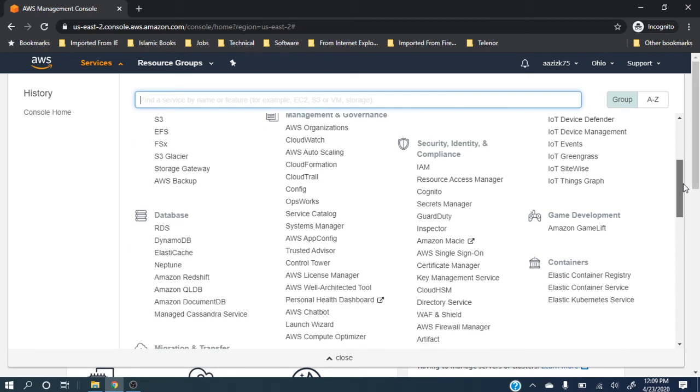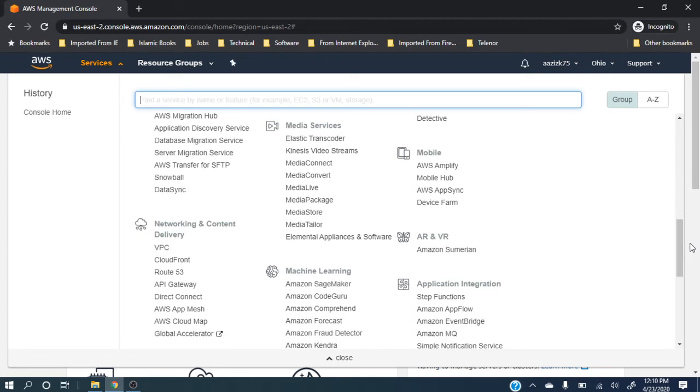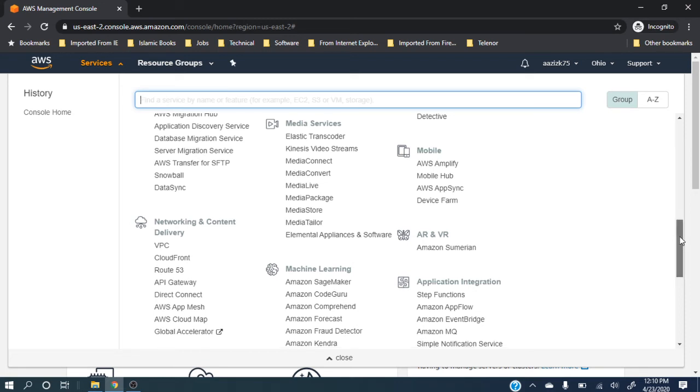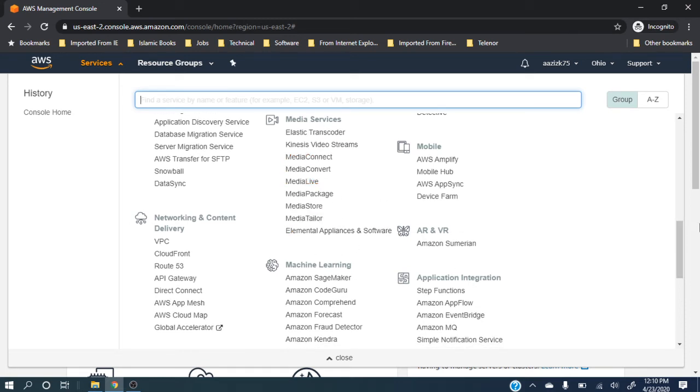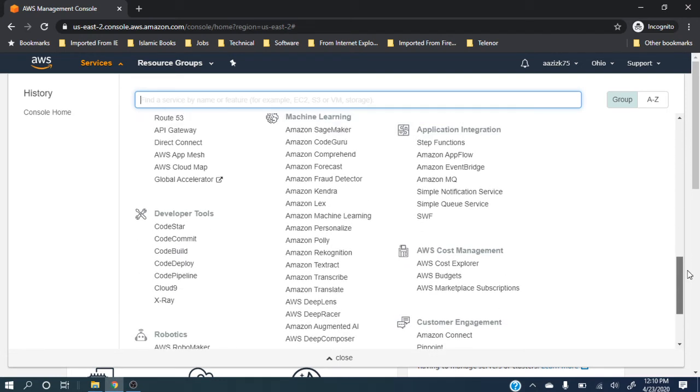Then this is management and governance. You can do, for example, your organization. CloudWatch is, you can say, a monitoring kind of tool from Amazon, auto scaling, a lot of things. These are a lot of things that Amazon is providing you within this cloud tool. These are media services, video streams, media live, media package. So if you want to launch a media channel, you have everything here. You just need to use it. Machine learning has a very big